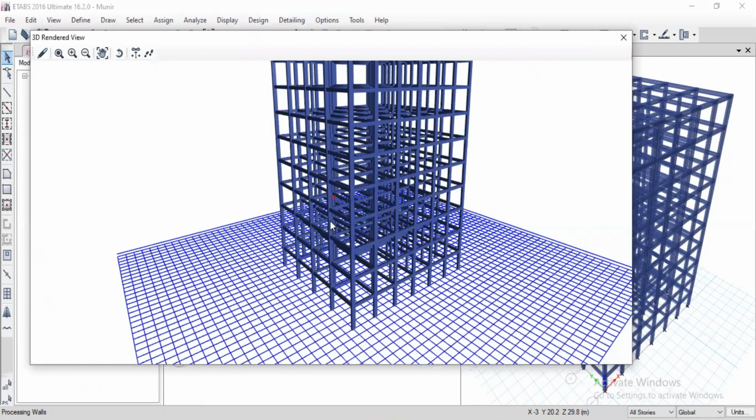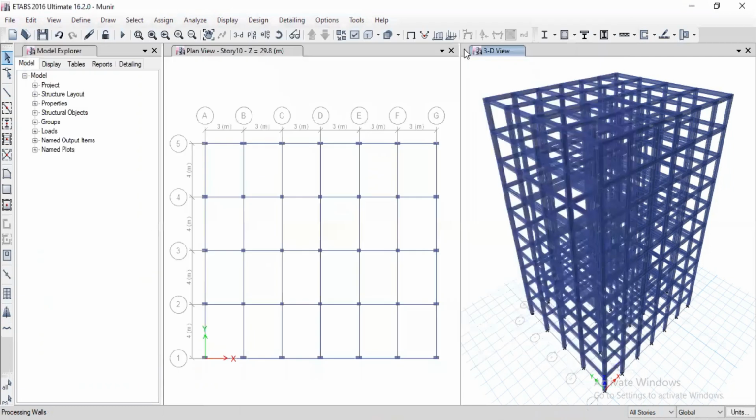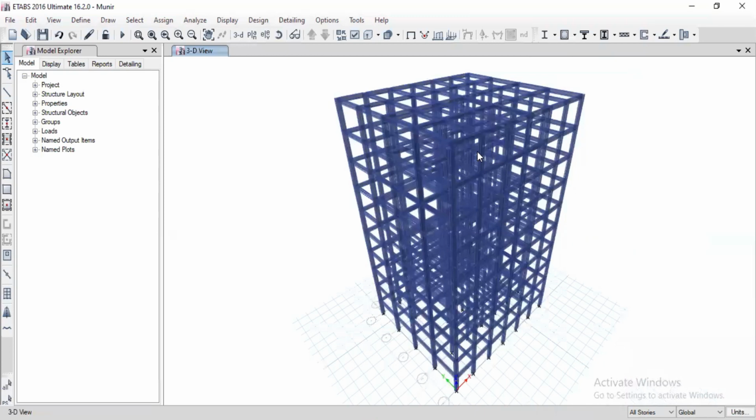Now, the next thing is, can you identify which one is the outer beam, which one is the inside beam, which one is the outer column and which one is the inner column? Yes or no? We can't identify that, right? It's a bit difficult. So if you want to identify the inner, outer, everything separately,